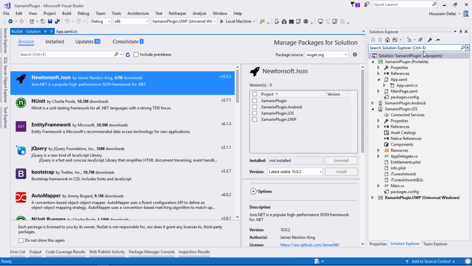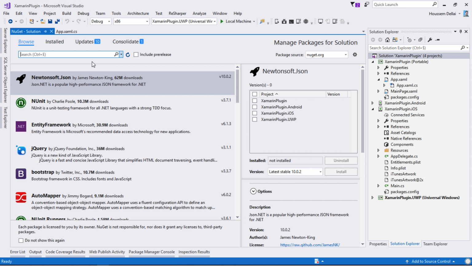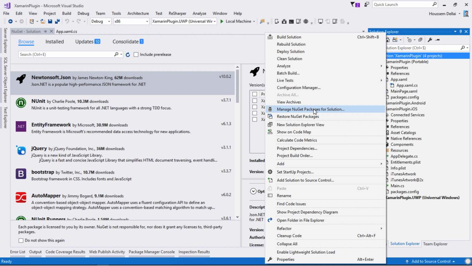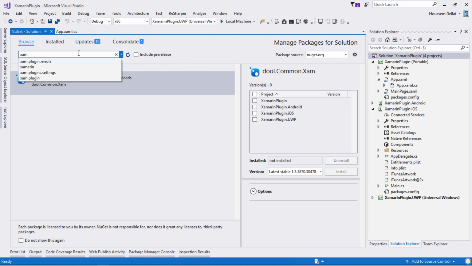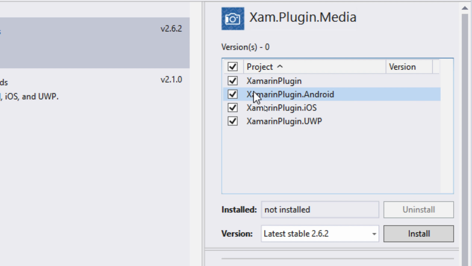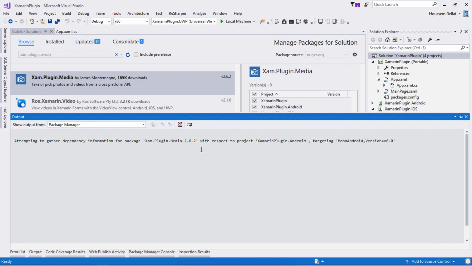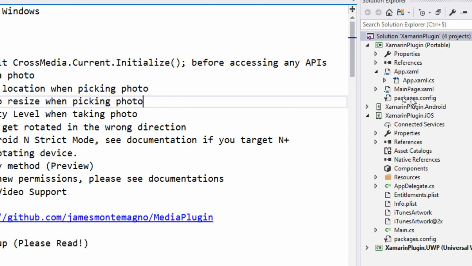Here I do have a Xamarin Forms application, and if I want to use the camera to take photos or take a video, then what I can use is Xamarin Forms NuGet packages plugins. So I go to my solution, right click, then click Manage NuGet Packages for Solution and look for plugins. Look for this one called Xam.Plugin.Media. I go and install this plugin in all my Xamarin projects,